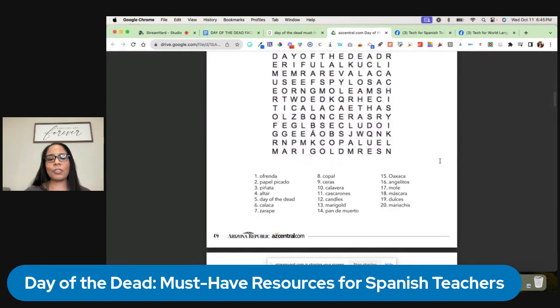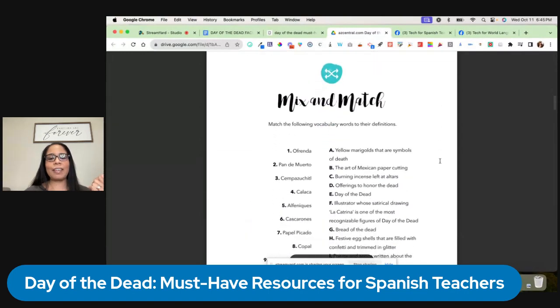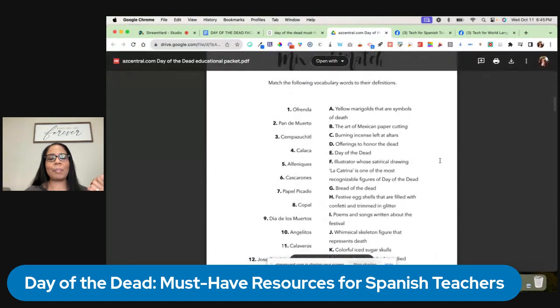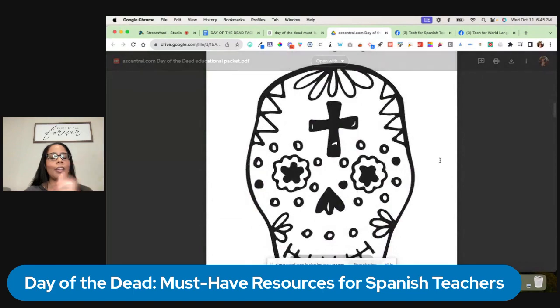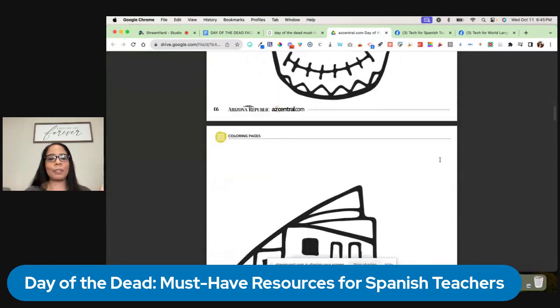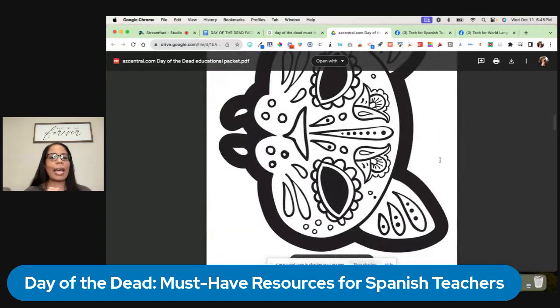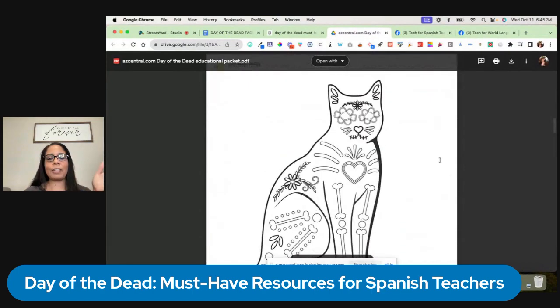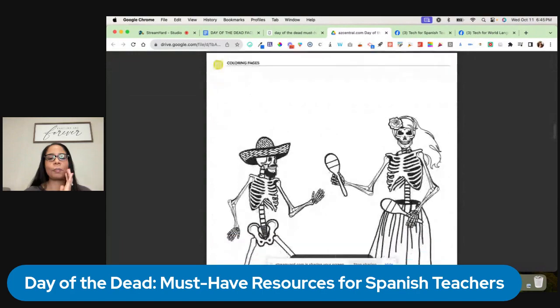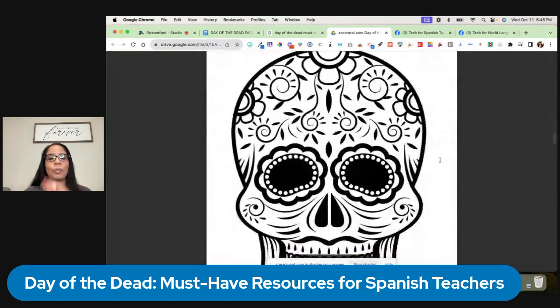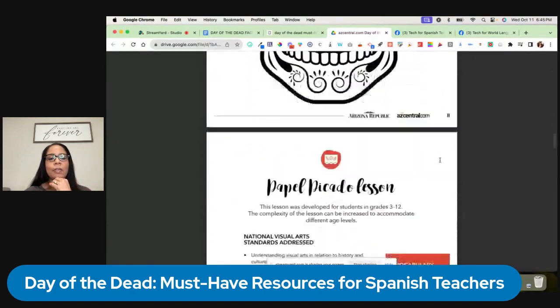It's got things you can do. It's got a word search that you can do with your students. And it's got a mix and match activity. It's got the coloring mask. We've done these. Believe it or not, they love coloring these. You print them off. The little cat is always a big favorite. Another cat. For some reason, the cats are a very big hit. This one is a big hit every year as well.